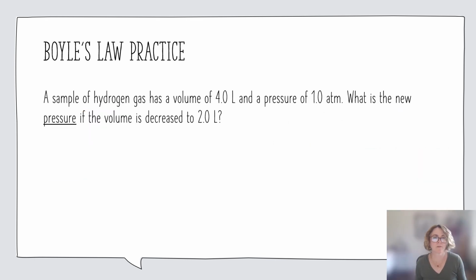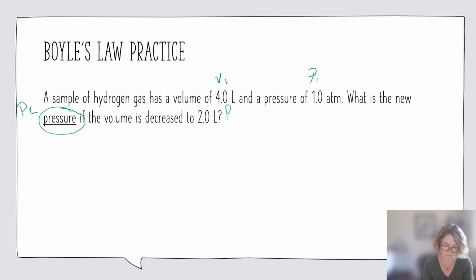Okay, so let's do a little bit of Boyle's law practice, and I highly recommend that you set these up the same way we set up the combined gas law problem. You want to read through and identify exactly what you're looking for. I have a sample of hydrogen gas, and it has a volume of 4 liters and a pressure of 1.0 atmospheres. I want to know the new pressure if the volume is decreased to 2 liters. So I have my initial volume, I have my initial pressure, I want to solve for my new pressure,